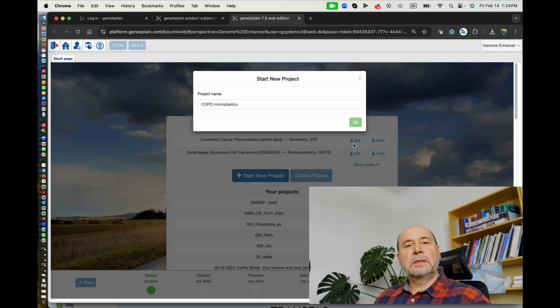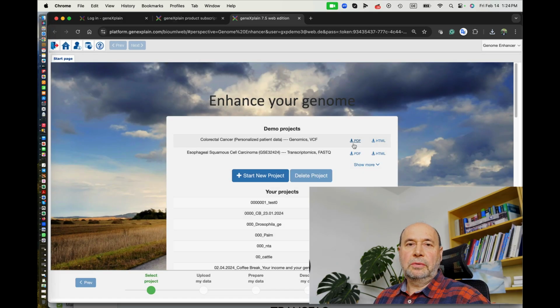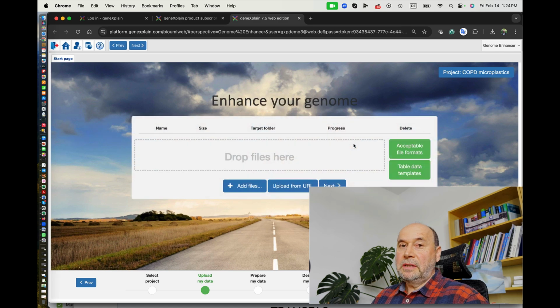So this analysis is done with the Genome-Enhancer tool, which takes omics data and runs a predefined pipeline which involves databases like TRANSFAC and TRANSPATH and HumanPSD. It analyzes promoters of those genes which are differentially expressed, and then it reveals in the promoters clusters of binding sites of transcription factors.